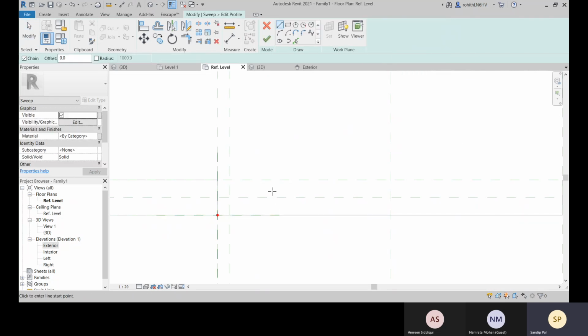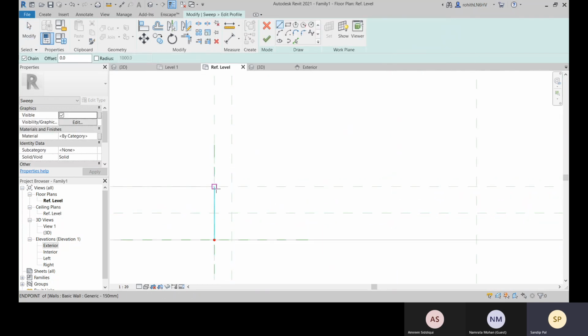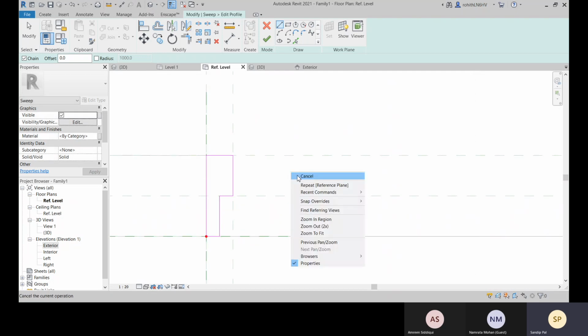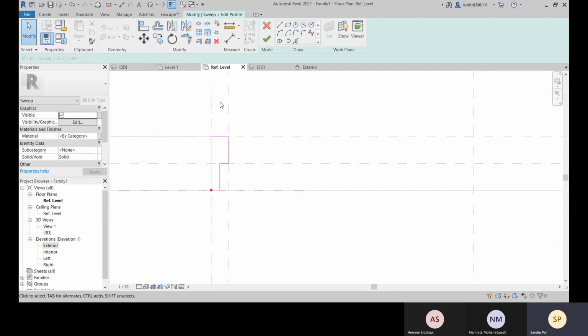Go to edit profile. We will create this line to this, and how much panel thickness we can give, like 75 we can give. Accordingly we'll assign. So this is our door jamb profile we have created, and we will always lock with this.